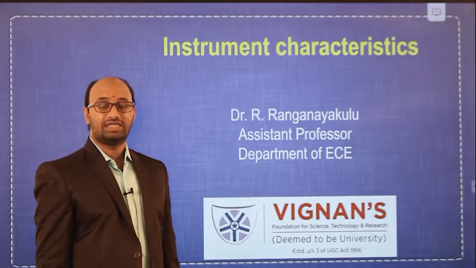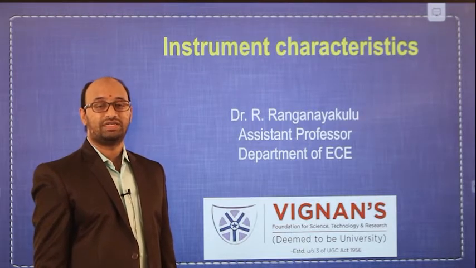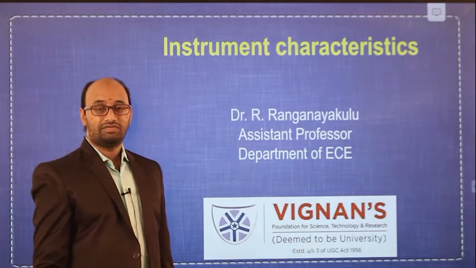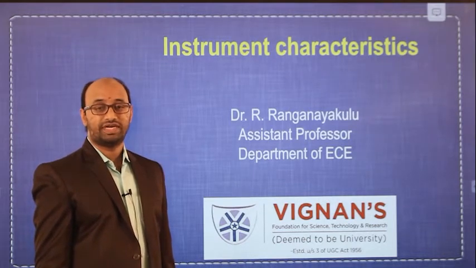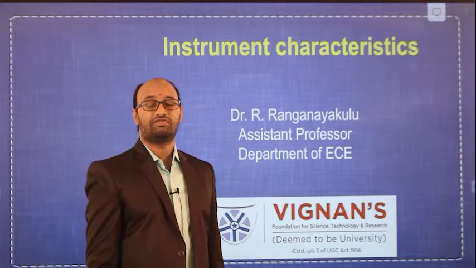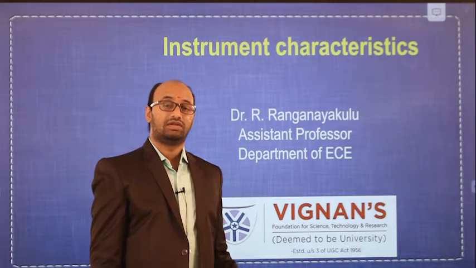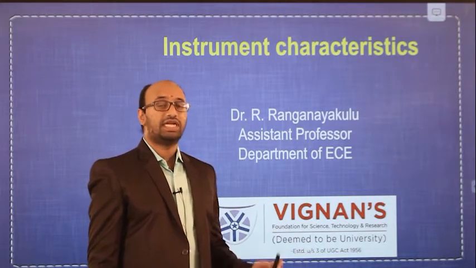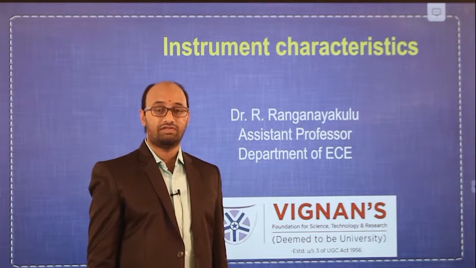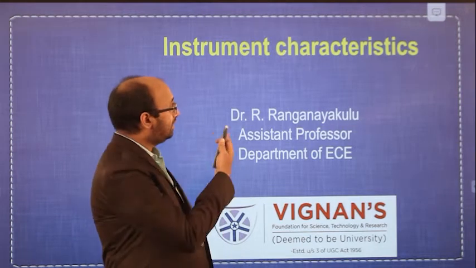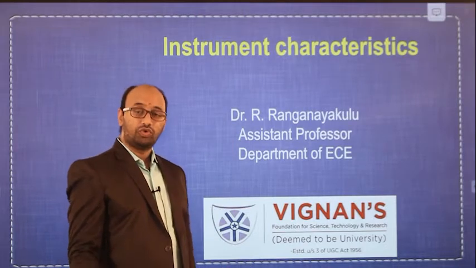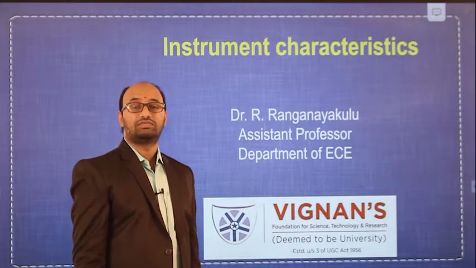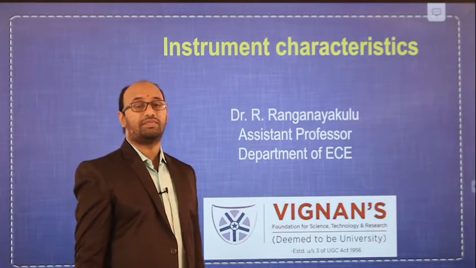Welcome to the next lecture in the lecture series of electronic instrumentation. In the very first lecture, we have learnt about the basics of instrumentation, the definition of electronic instrumentation, its architecture, the functionality of different blocks in the instrumentation system and their applications. Now in the present lecture, let us see the characteristics of measuring instruments. These characteristics are essential to know. Based on these characteristics, we will be able to choose the measuring instruments for the suitable application.